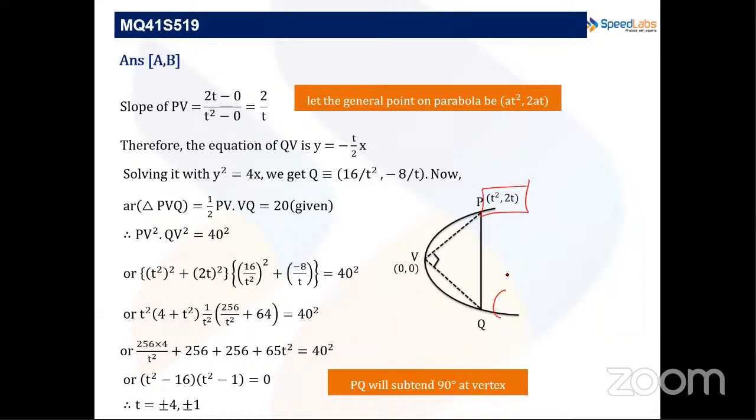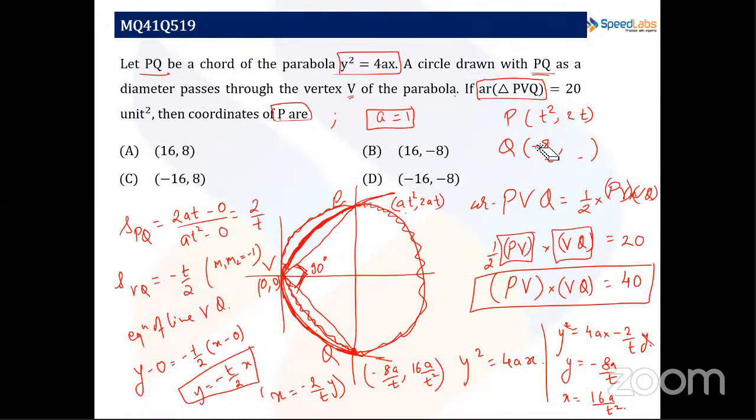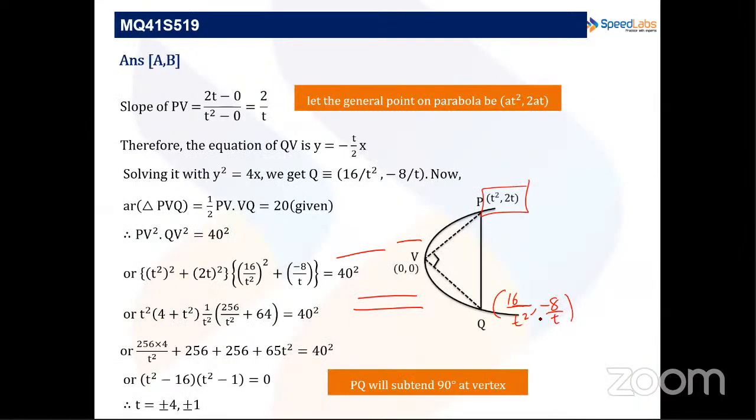And Q was having coordinates 16 by t square comma minus 8 by t. Oh, I wrote it wrong somewhere, I guess. X coordinate was 16a by t square and y coordinate was minus 8a by t. Okay, now this is V. So we can find the value of PV from distance formula and value of VQ from distance formula, and on solving you will get